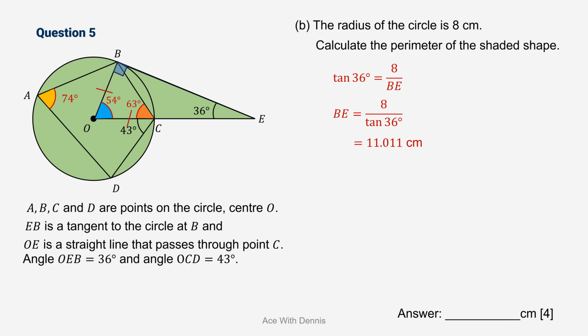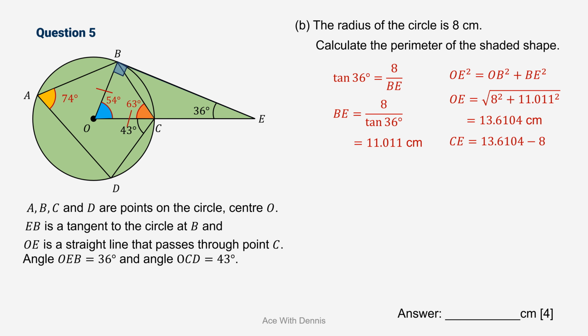The value will be 11.011 centimeters. Next, in the same triangle, we can apply Pythagoras theorem, which is OE squared equals OB squared plus BE squared. Hence, OE will be the square root of 8 squared plus 11.011 squared. We calculate the value and get OE equals 13.6104 centimeters. Once we get OE, we can calculate the length of CE, which is 13.6104 minus 8 centimeters, because OE minus the radius. And the value of CE will be